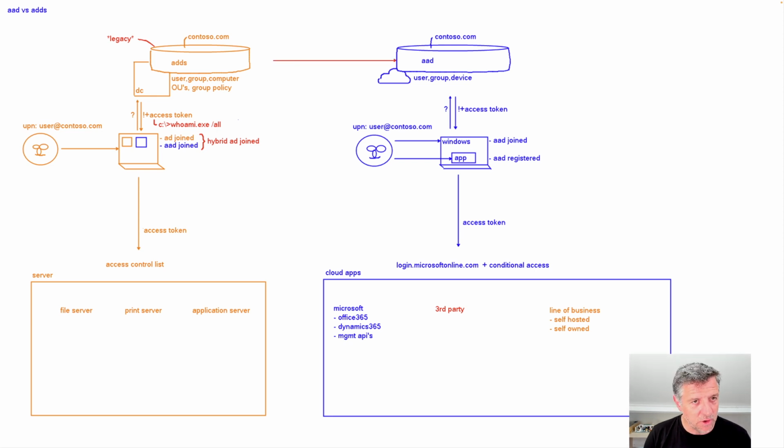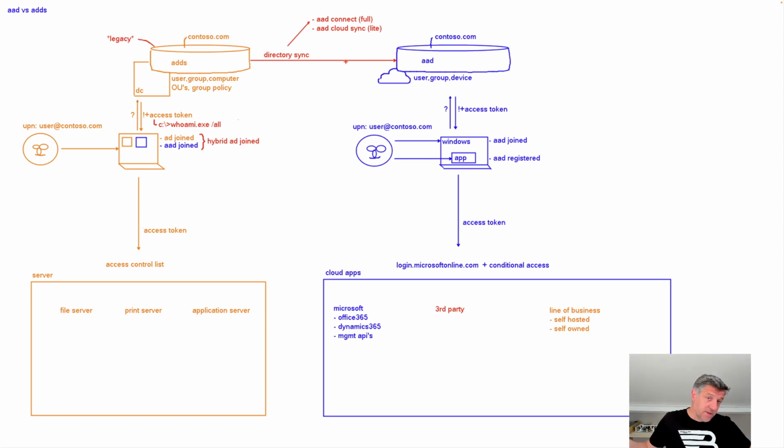We will be making sure to have some kind of a directory synchronization solution enabled. So we want to set up a directory sync. Directory synchronization can be done in two ways. One way is using a tool called Azure AD Connect, which we consider the full solution nowadays. And there is also another solution which is called Azure AD Cloud Sync, which is considered to be, let's say, the light edition of the